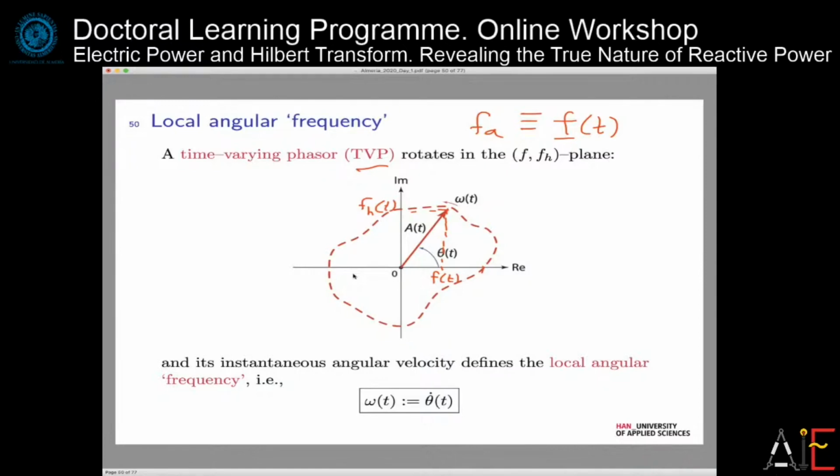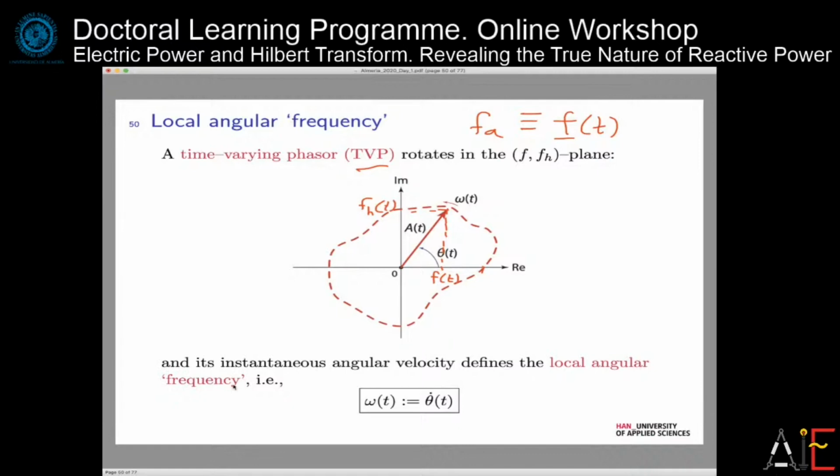So this information is irrelevant, right? But here it is relevant, and what we can do is introduce what we call a local angular frequency,